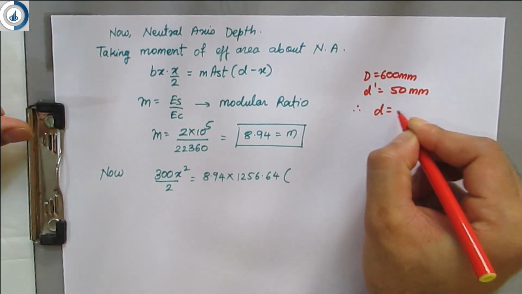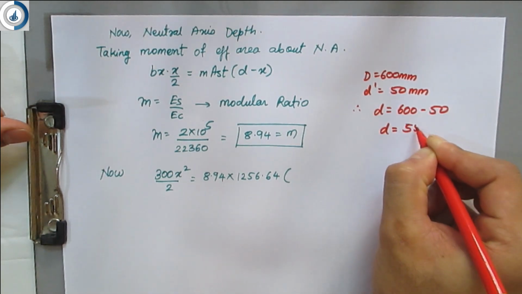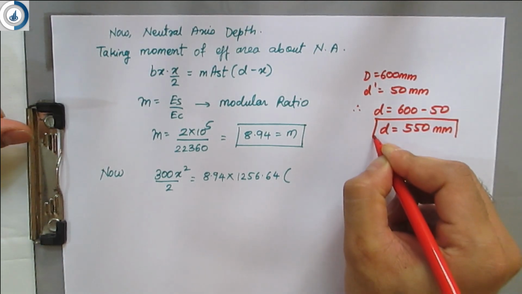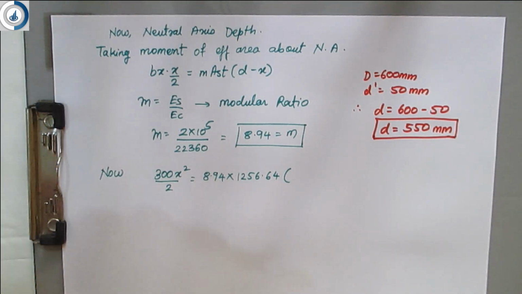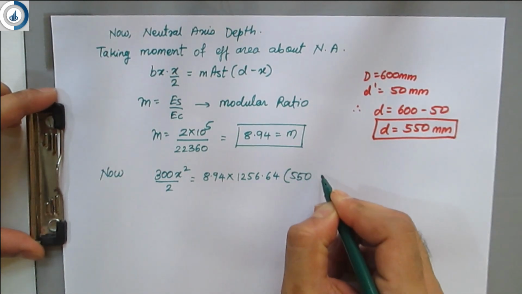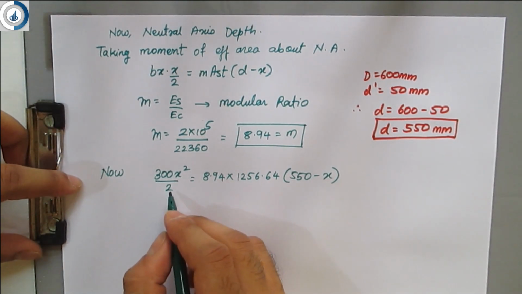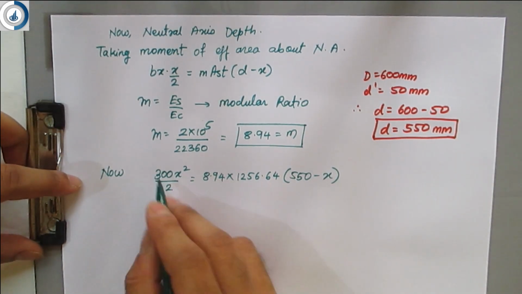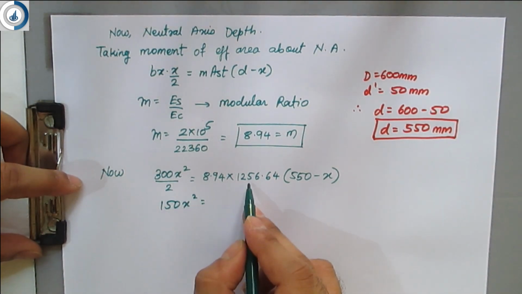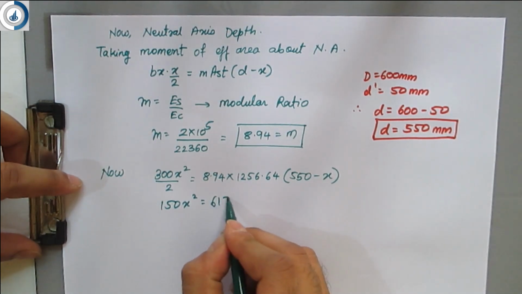Therefore effective depth is equal to 600 minus 50, 550 mm. So this 550 is very important while substituting in all the formulas. So this 550 here minus x. So this you can cancel. So 150 x square. So this you have to multiply 8.94 into 1256.64 into 550, which comes out to be